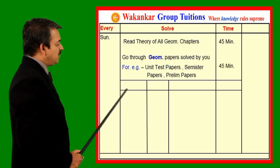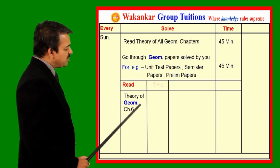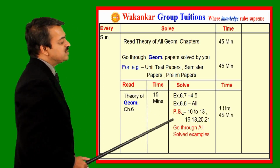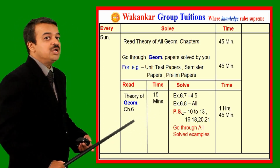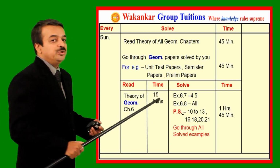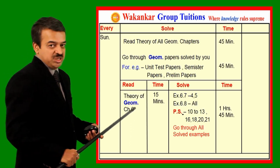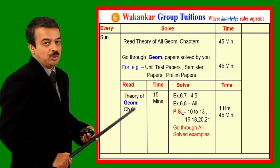We have left one part, that is from chapter number 6. So you are going to read the theory of chapter number 6 once again, say approximately in 15 minutes. Solve these examples mentioned here, say in the next almost 1 hour and 45 minutes. Remember students, again I am repeating one important point. These problem numbers are according to your old books, and whichever problems you feel are easy, no need to solve, skip those problems,